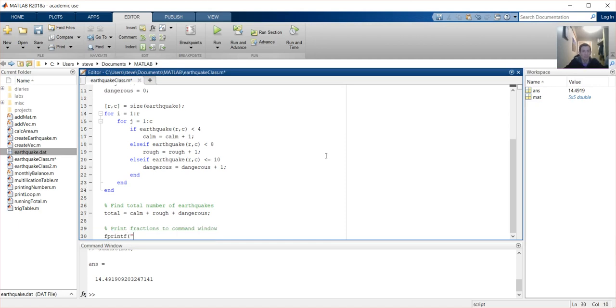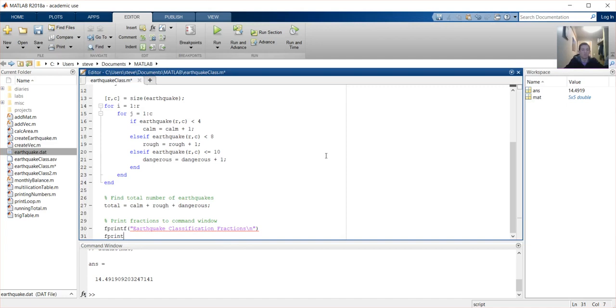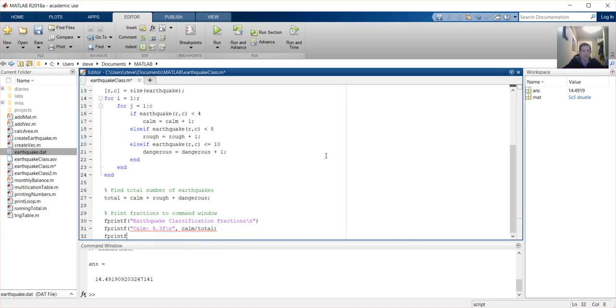So first you can say fprintf earthquake classification fractions. Let's call it that. So then we have 3 different ones we want to go through. So we want to say calm, and then we want to put a value in here. Let's go to 3 decimal points. And the value we want to put in here is calm divided by total, because remember we're putting a fraction in here. Then we can say fprintf